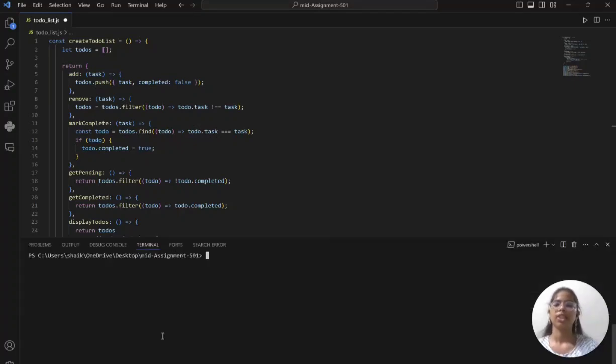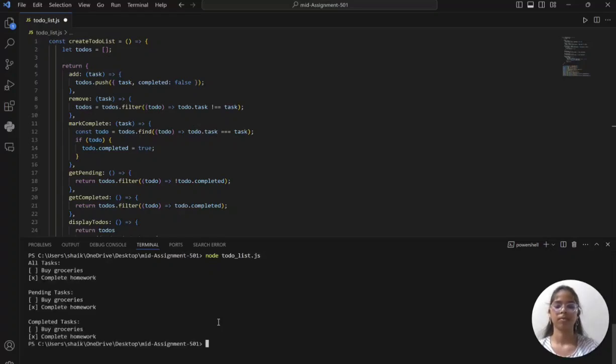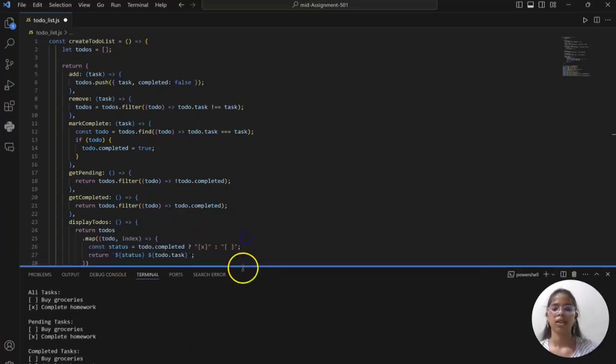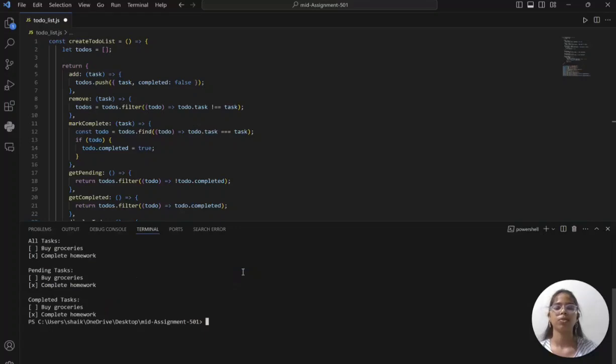Let's execute the code. Here is the output of this code. In this way, we can implement a to-do list using closures.